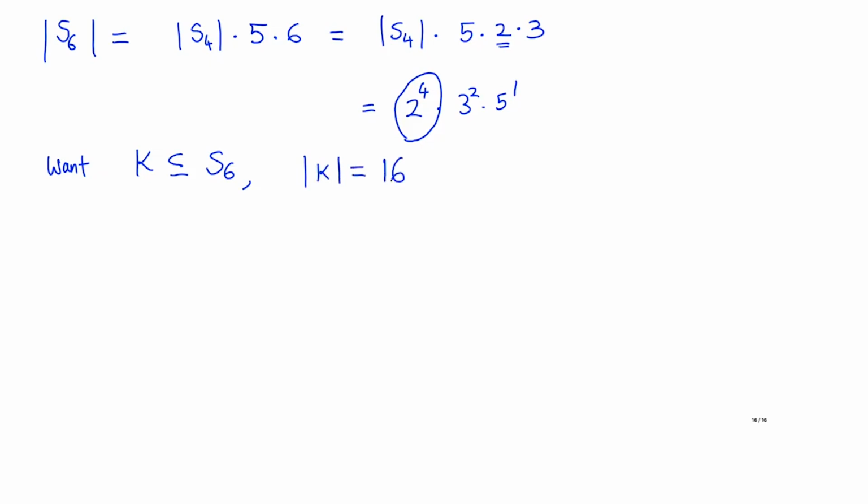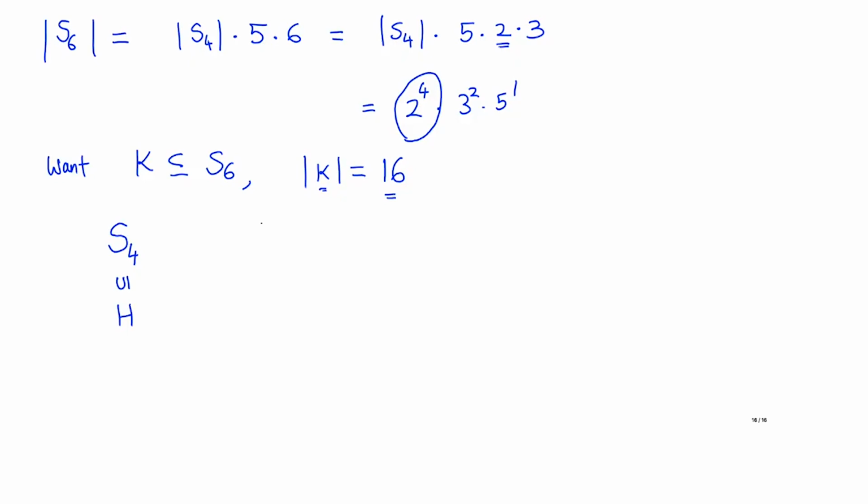Okay, again, a moment's thought: we have solved the problem for S4, right? So inside S4 we have determined a subgroup whose cardinality is 8. Now what is S4? It's all permutations of 1, 2, 3 and 4. S6 is all permutations of 1, 2, 3, 4, 5 and 6. So I have 2 more elements. Now how do I construct K, which is supposed to have twice the number of elements as H?